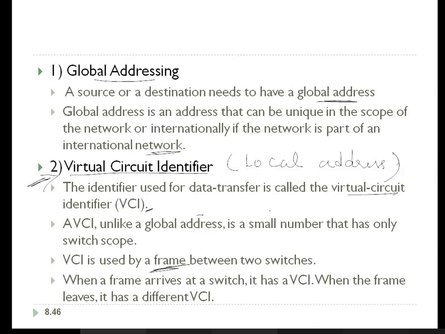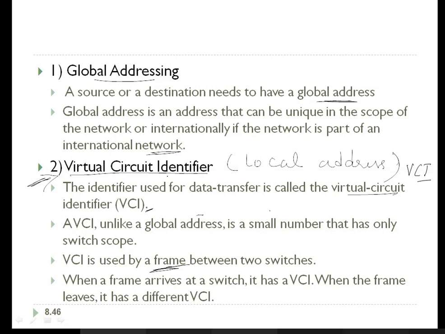If you look at our campus, within our lab, if you want to exchange data between the systems, or within the campus, in such cases we can go with a local address. Whenever we go with a local address, there is one number used called the virtual circuit identifier. I'll normally use the short form, that is VCI. It is a number assigned to each link, the virtual circuit identifier.